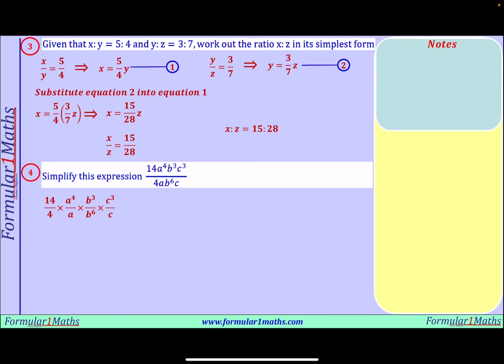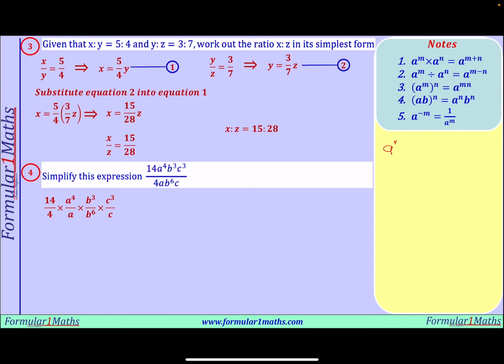Now we have combined them in this way so that we can put the common variables together. Now we are going to use the laws of indices again to help us. We are going to use mainly rule number 2. And before I go on and use it, let me remind you that rule number 2, which says that a